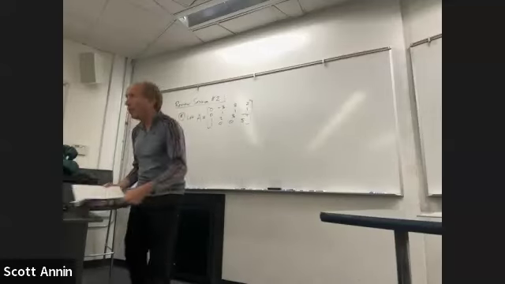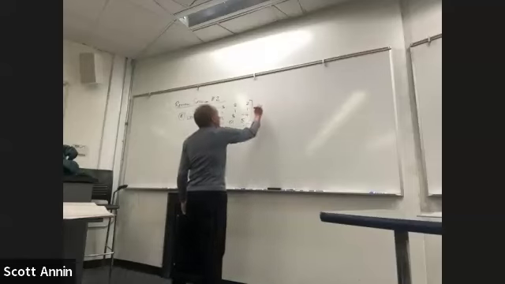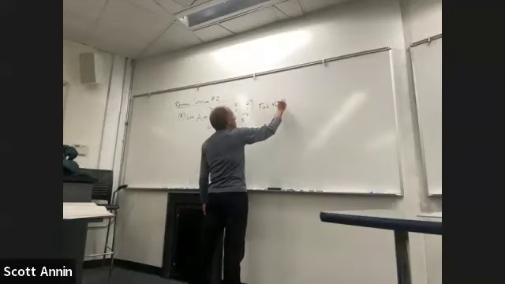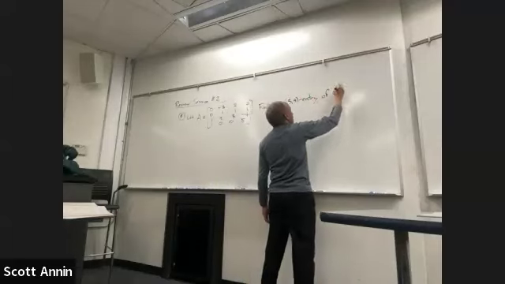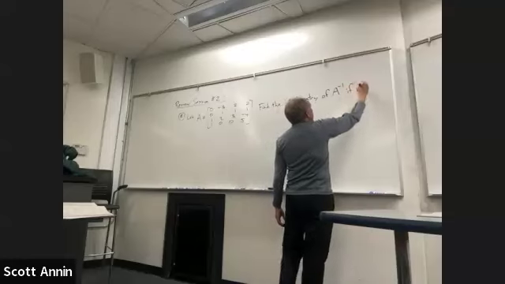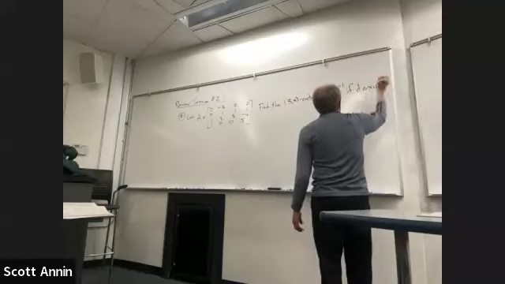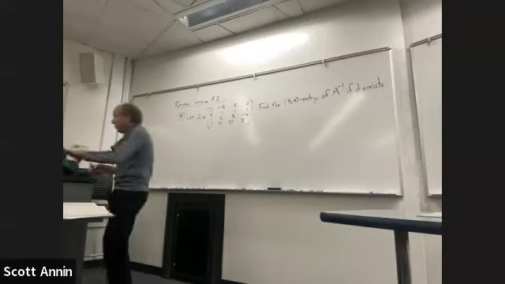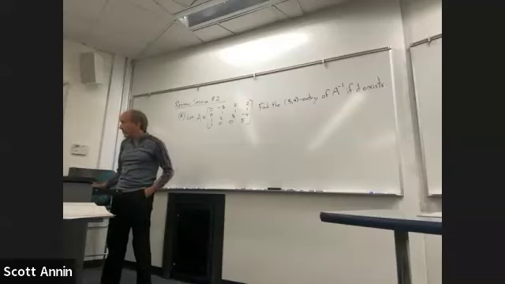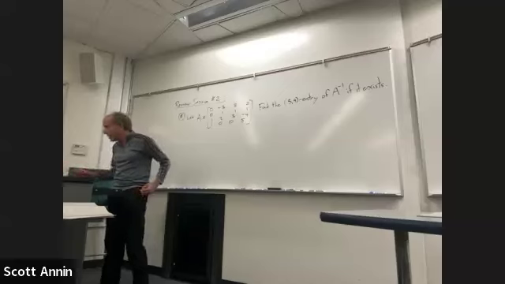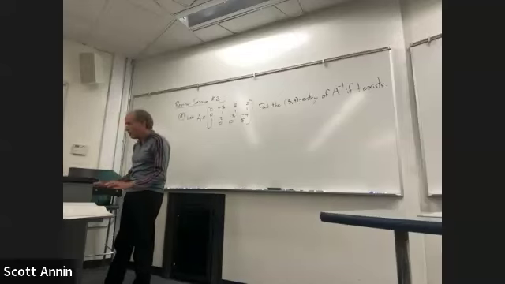And what I would like to have us try to do is find the 3, 4 entry of A inverse if it exists. We always have to add that little proviso, if it exists, because not every matrix has an inverse, right? So we have to decide if this thing even has an inverse, and then if it does, we can try to find the inverse. This would not be a very easy problem to do by